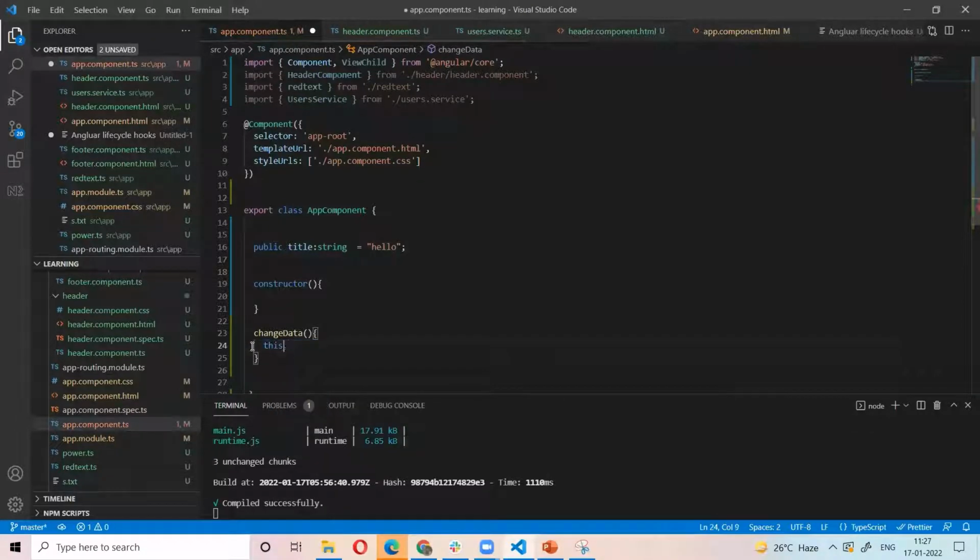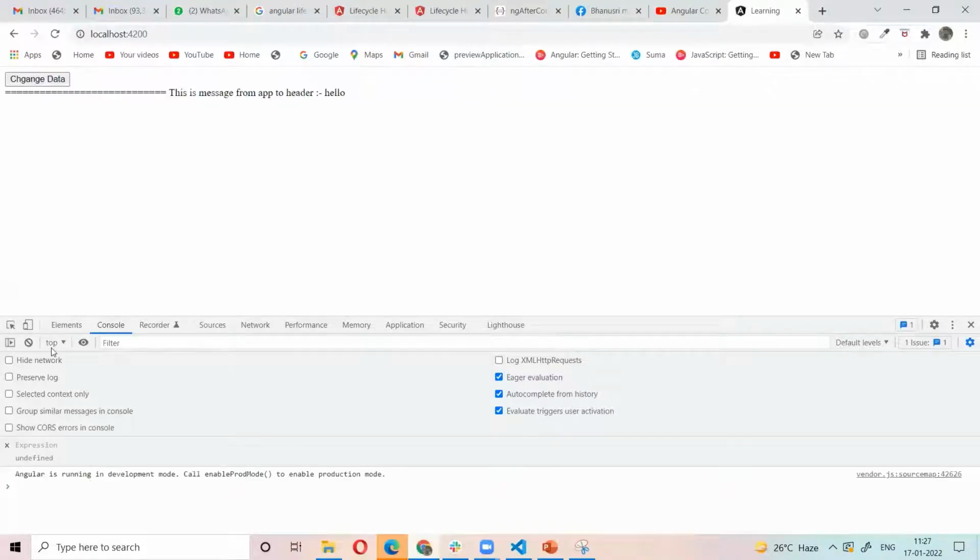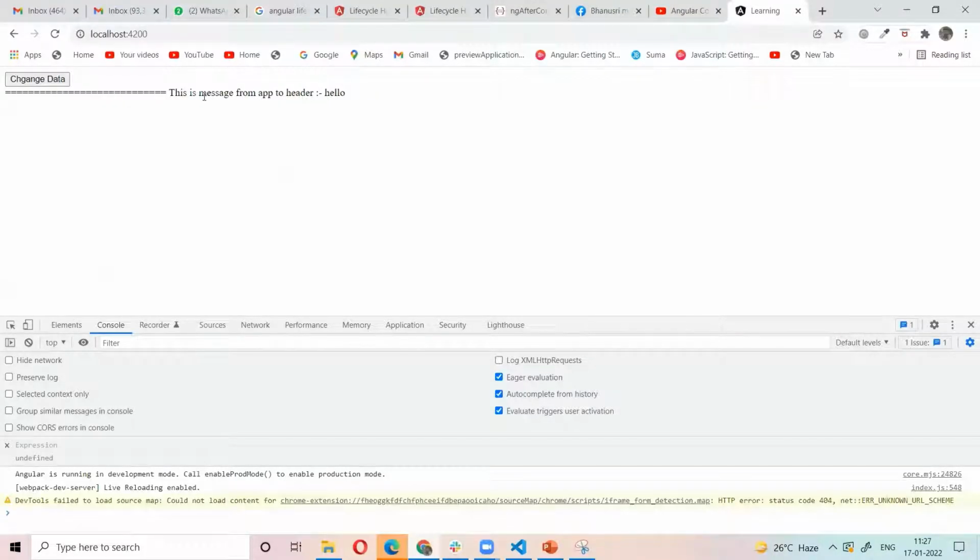Let's see what happened. Initially in the header component, the value I'm passing is hello. When I click this button, this value automatically changes. The value changed, right?